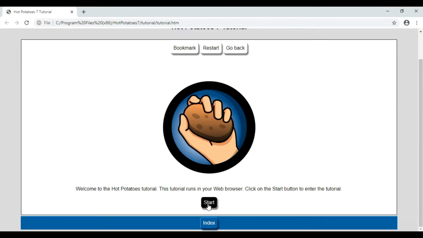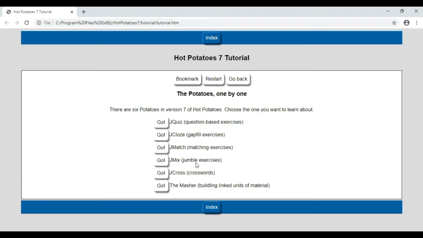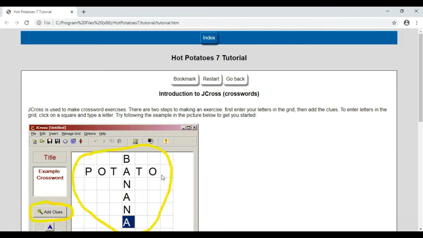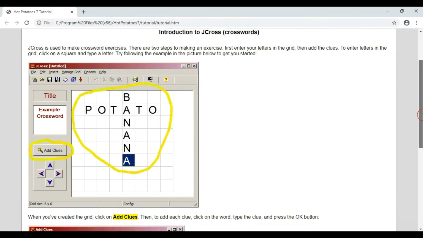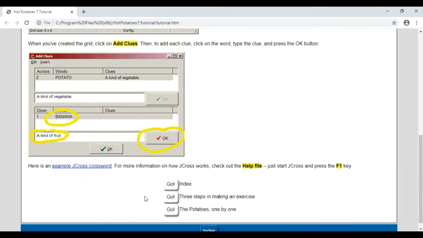Scroll down, click start, the potatoes one by one, click go, JCross, click go. Now here at the bottom an example of a JCross crossword puzzle is shown, so let's click.